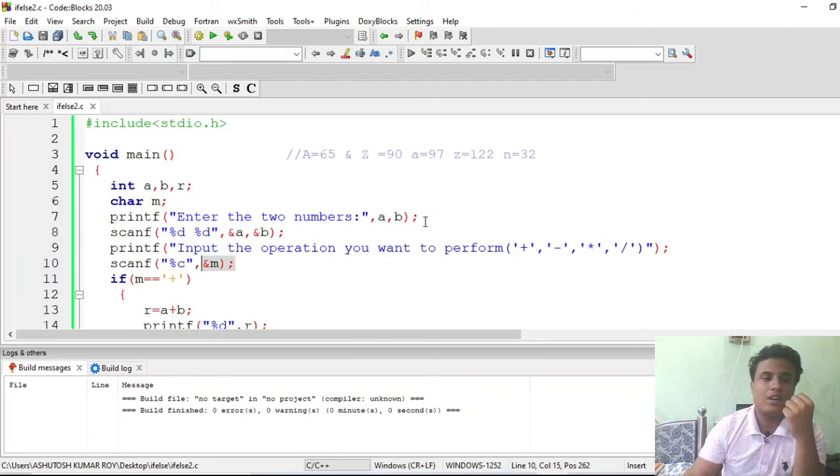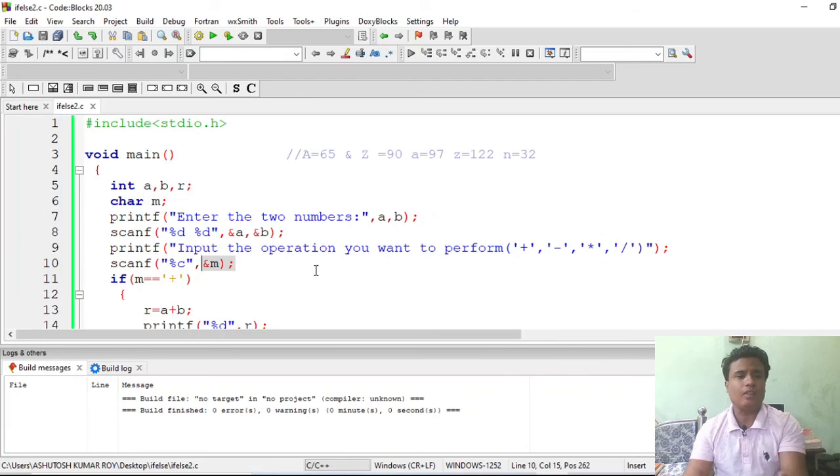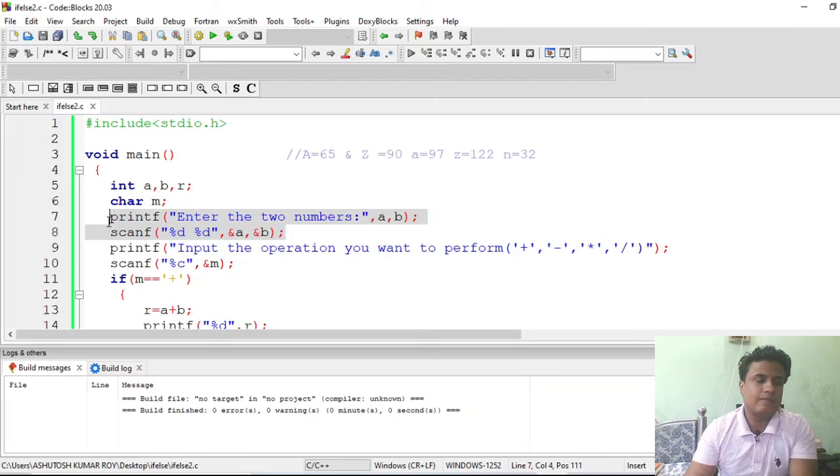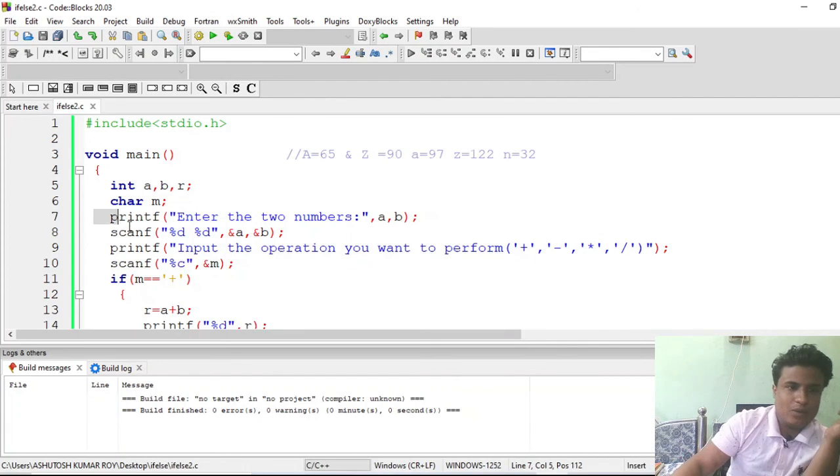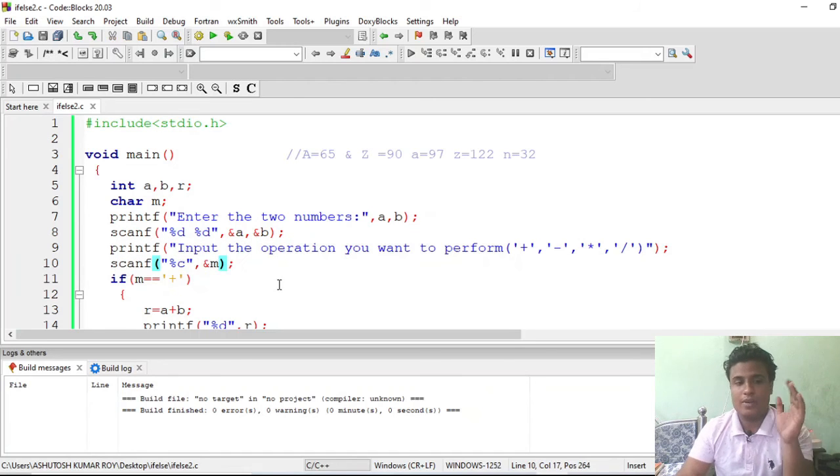Okay, so what is the error here? Earlier we are taking the variables a and b, then taking the choice from the user. So in this case it comes directly after this. The error is happening because earlier we are taking the values up to the numbers, and then we are asking the user to take the input. So it should not be the case here.